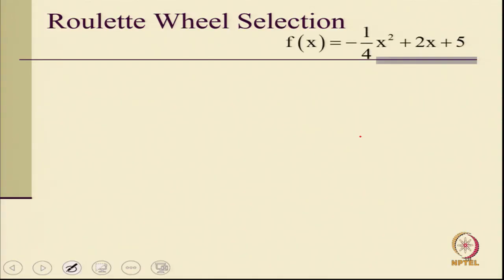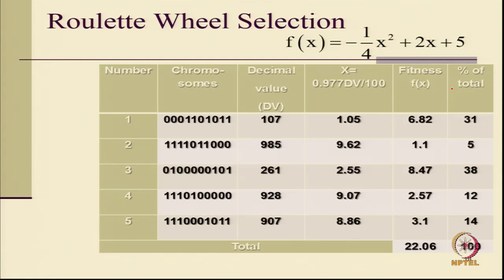For example, if I take this as my fitness function, f(x) equals minus 4x squared plus 2x plus 5, and I use these, which are called chromosomes, each string, and its decimal value I am representing by a 10 digit number. Say, how much is the decimal value of this one? Because we know 0, 0, 1 is 2. So, how is the decimal value calculated?